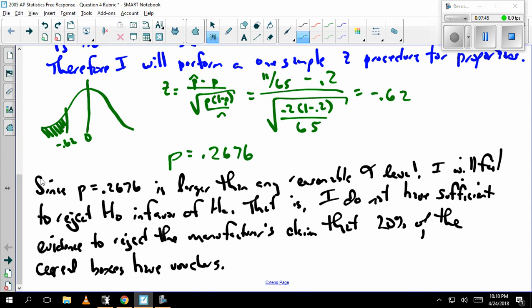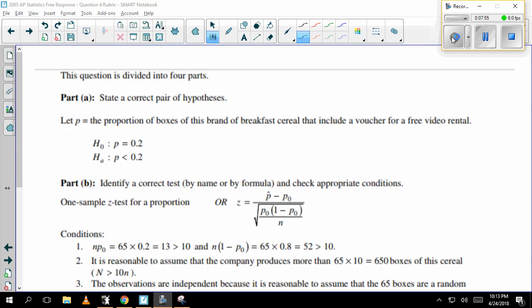There is a good answer. I've included all four parts, and I like the way this looks. So now I want to go through the rubric and see what sort of grading system this would actually get me. They divided the answer up into four parts, similar to the way I did when I worked it.